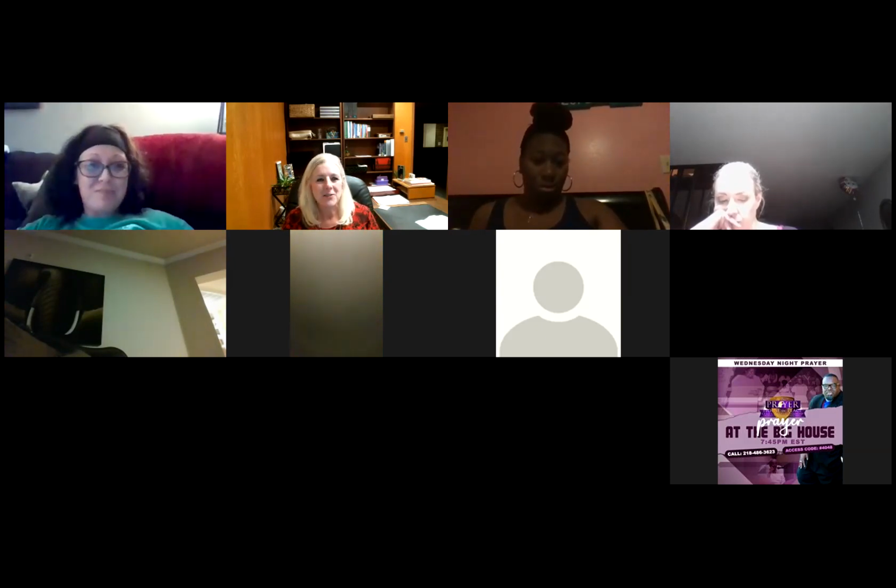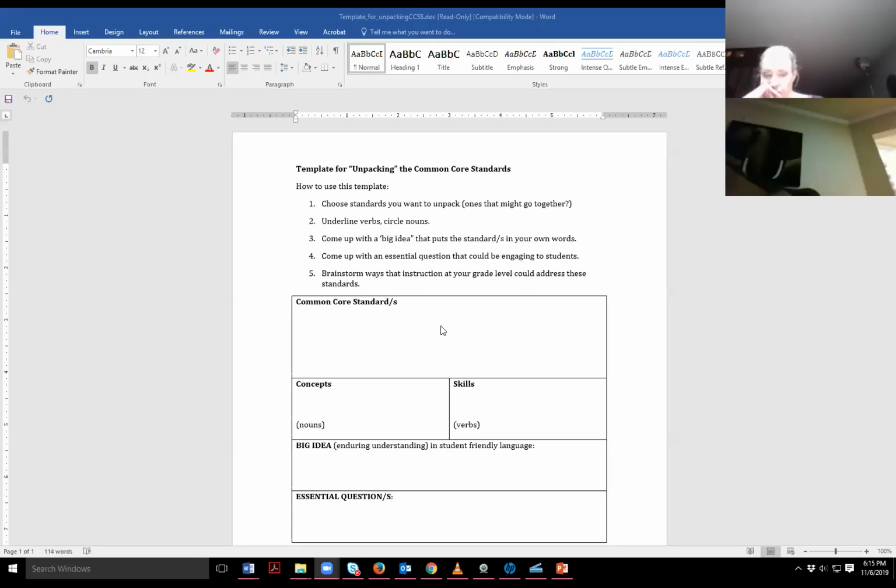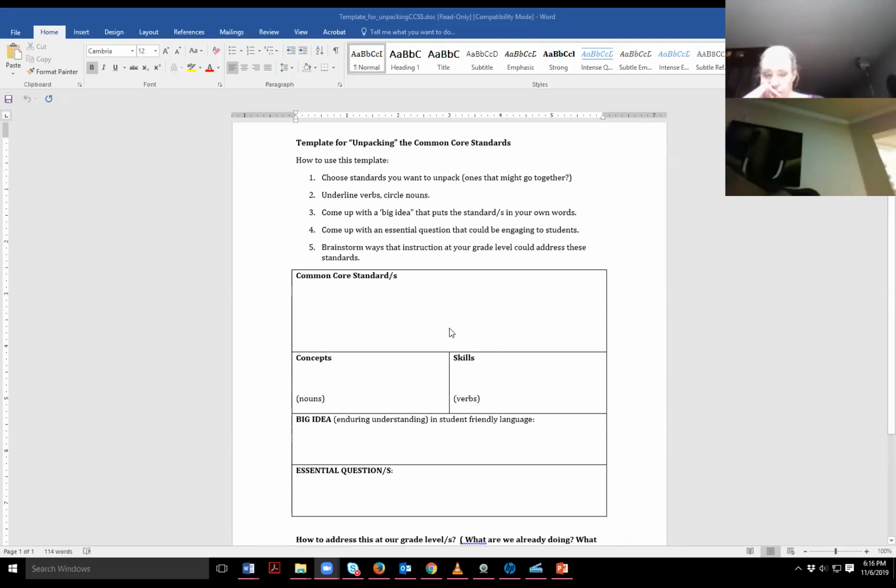Yeah, so you've actually got 2 different templates that you're going to be using. Okay, so this is the second one. Same kind of idea. Actually, you don't have to do both. That's ridiculous. You can do just one of them. So this is the other option if you like this template better.